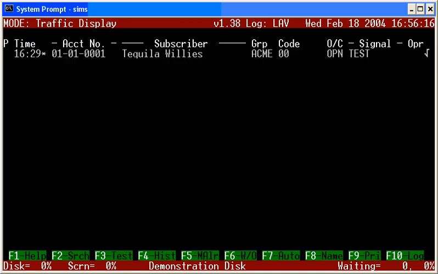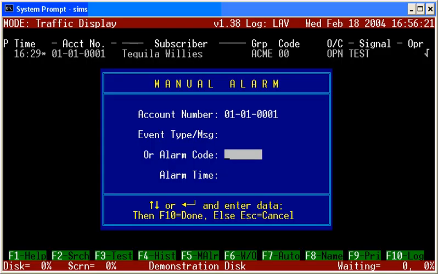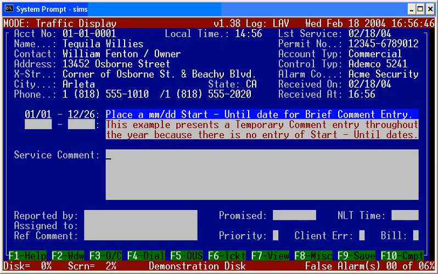The second method is from receiving. We're going to create a burglary event here and assume that this is received into the central station. The operator hits the enter key and pulls it down. At this point, they could be doing a premise verify first and engaging in a conversation with some personnel on site there. At this point in time, we may need to create a service call with an F4 key and begin entering in the,